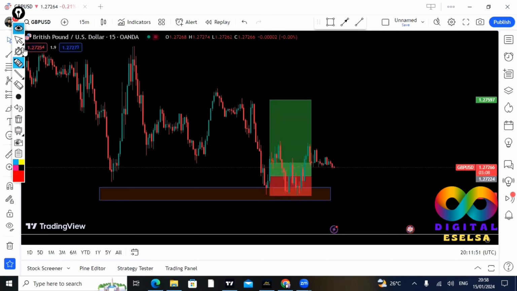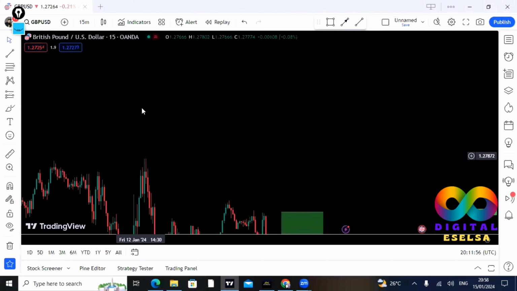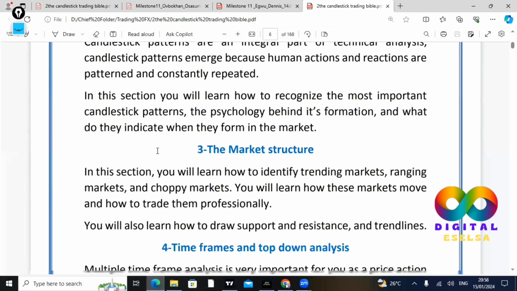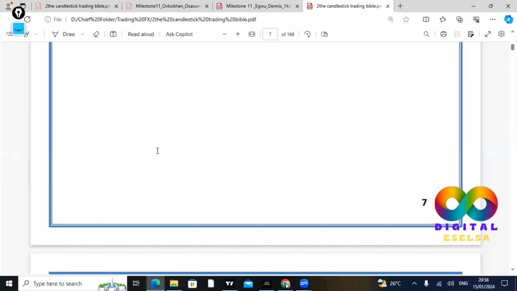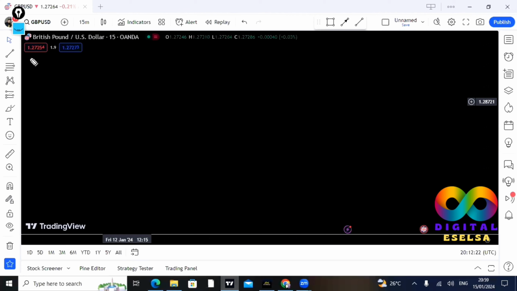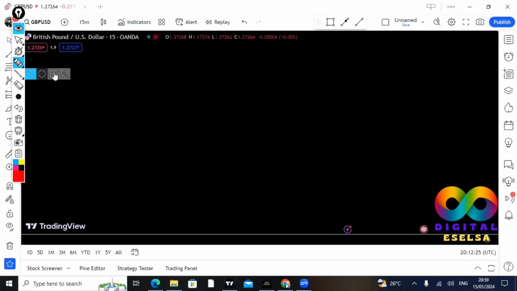So we are going to start with, I've said this before, but in the last class it wasn't very clear. Now, I might still show you from the PDF so that you see what a candlestick is. This is what a candlestick is. Japanese candlesticks are formed using the open, the high, the low, and the close of the chosen time frame, right? So what this actually means is that you have to understand what a single candlestick represents. For instance, I told you before that in the forex